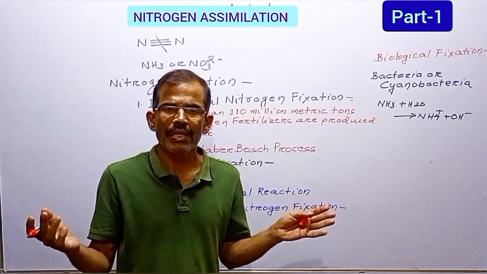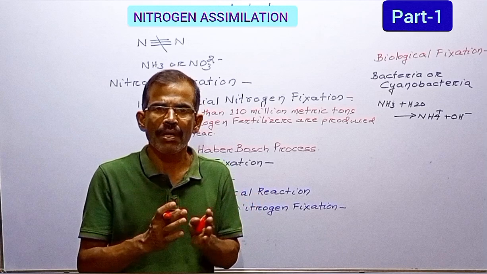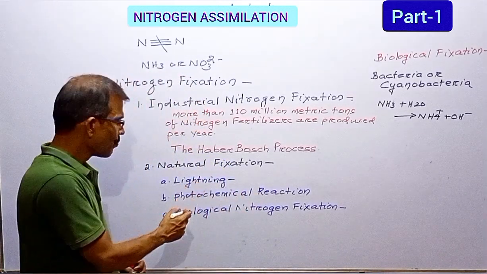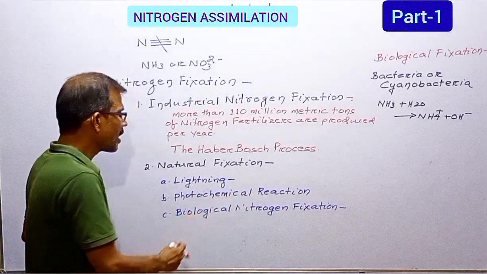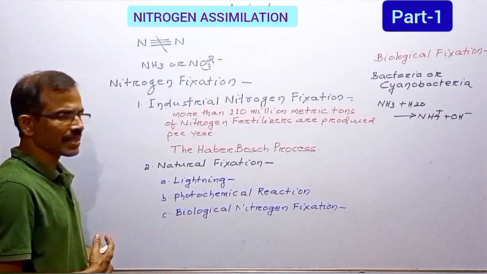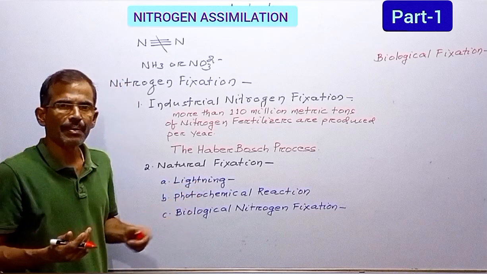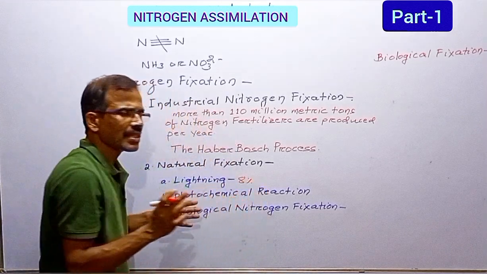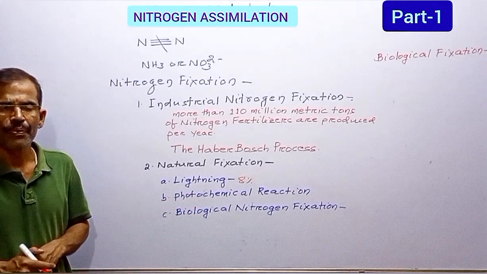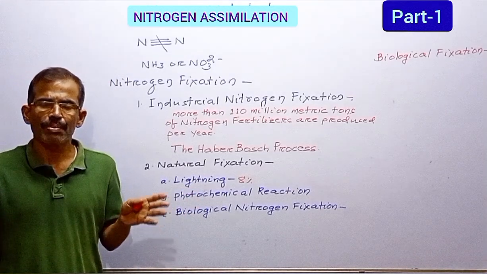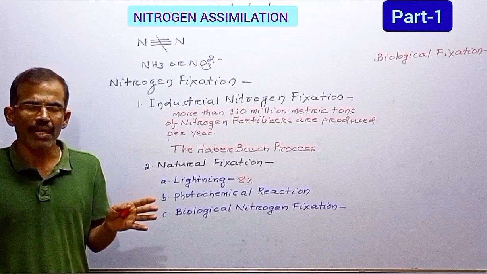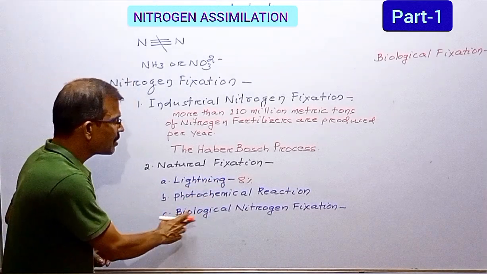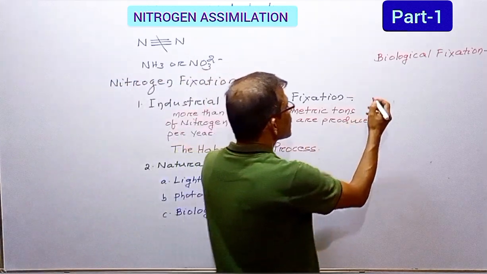Molecular nitrogen is converted into ammonia by various natural processes such as lightning, photochemical reaction and biological nitrogen fixation. Lightning contributes about 8% of the nitrogen fixed by natural processes. About 2% of nitrogen fixed naturally comes from photochemical reaction. The third one is biological nitrogen fixation, in which